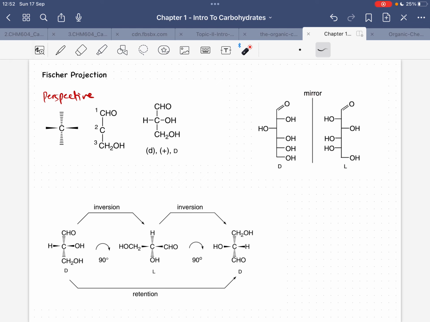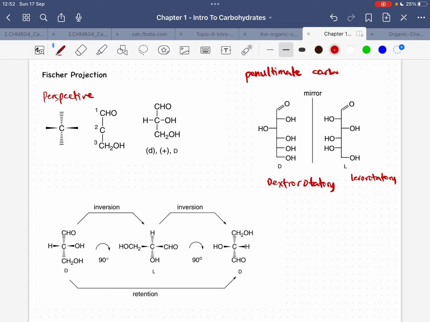Kung nakay mirror in between, mo na yung reflection. Okay? So, ang sugars is naa siya duha ka configuration. The D configuration, D for dextrorotatory. L for levorotatory. Okay. O saan man pag-identify kung dextro siya or levorotatory based on the Fisher projection? Simple lang, pangitaon lang nimo ang penultimate carbon. O saan man ang penultimate carbon?